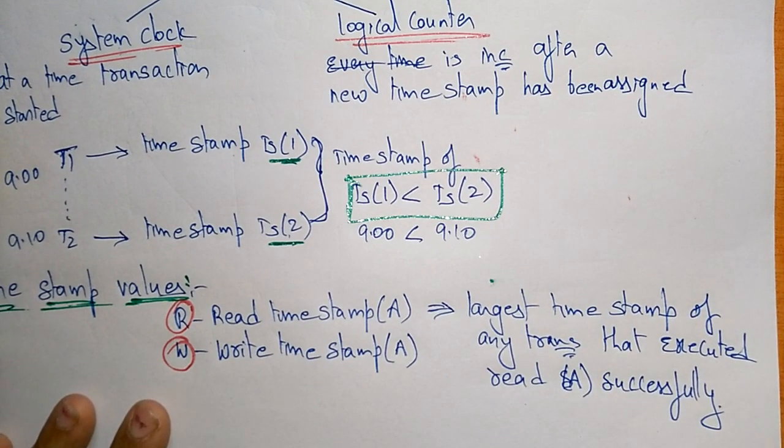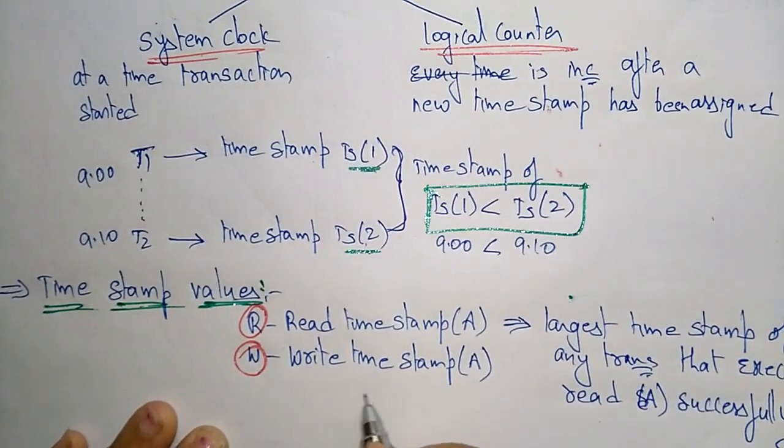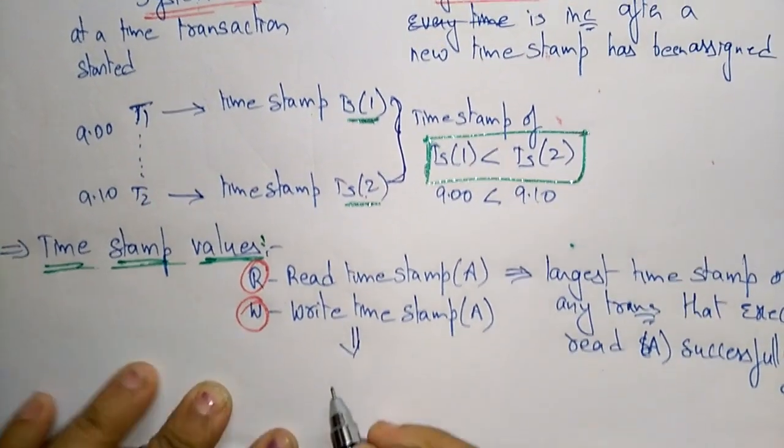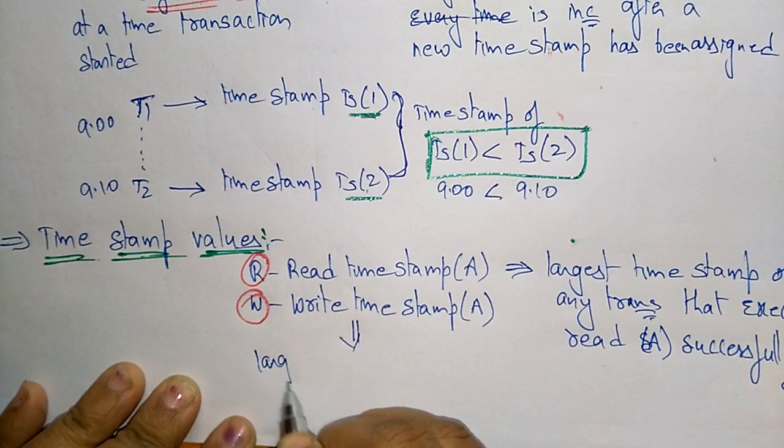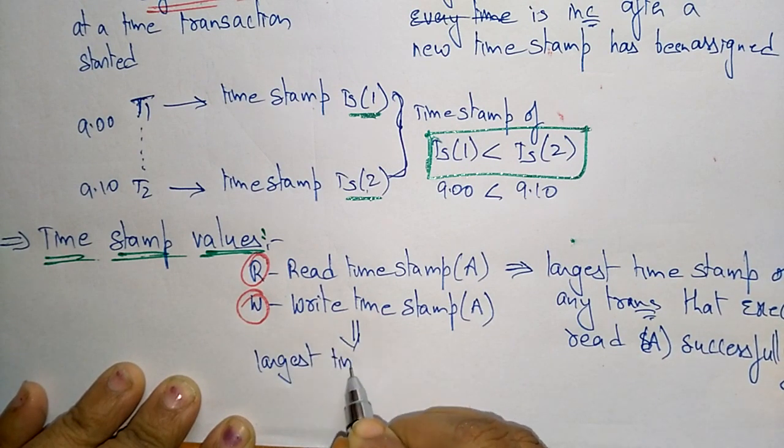So at what particular time will the read be successful? You have to take that time. It's the largest time that will be denoted for the read timestamp. And the write timestamp means you also have to take the largest timestamp